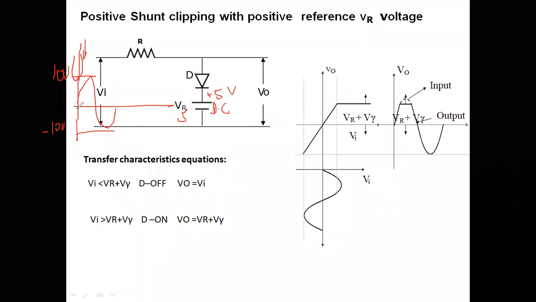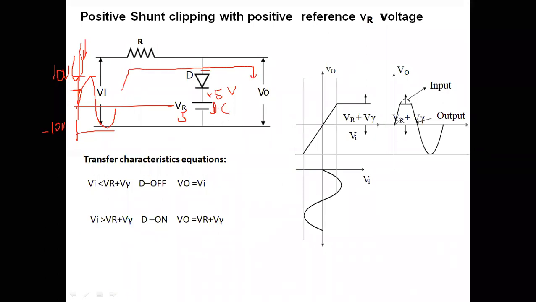The input will rise very slowly from 0. Up to 5 volts, the cathode is at 5 volts and the anode is at 1, 2, 3, 4, and so on. Therefore up to 5 volts, the anode has a lesser voltage compared with the cathode, so the diode will be in the off state. If the diode is off, it is an open circuit. Therefore whatever the input is, it comes at the output terminal.